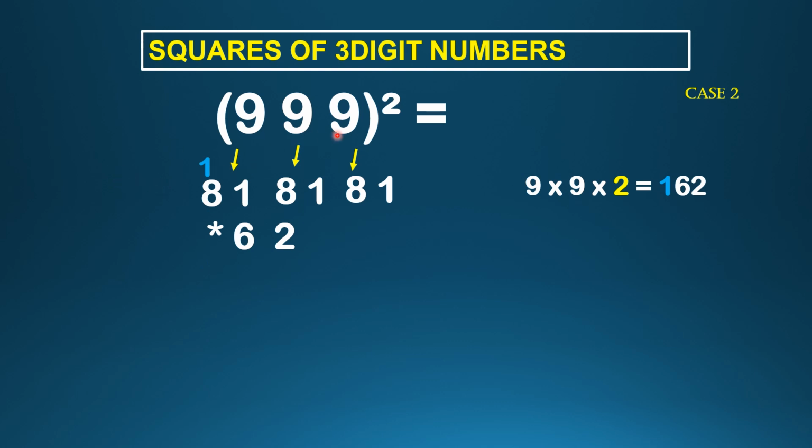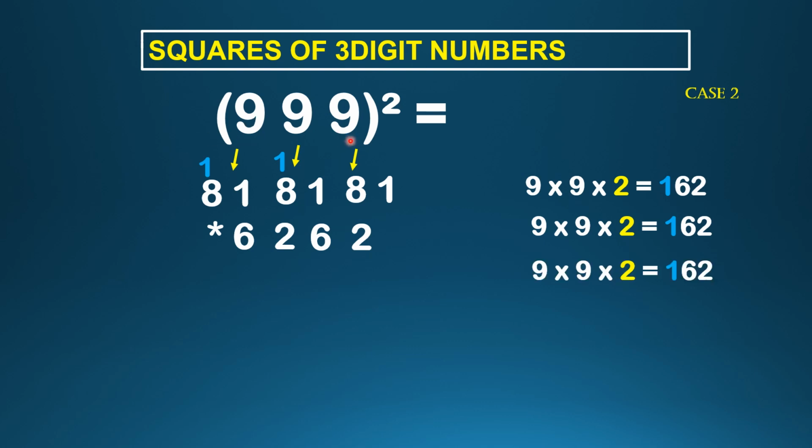Now next step, next two 9s. 9 into 9 into power 2, again it is 162. It's a 3-digit number, you can see. Now this one, we have to write it here 62. So what we are doing, just before 6, whatever the number, above that on the top, you take it as a carryover. Now last step, first 9 into last 9 into 2. Same 162. We should write it in the third row, leaving 2 digits. So before 6, on the top, you take it as a carryover 1. Whenever you are getting a 3-digit number, wherever you are writing the before number on the top, take it to be as a carryover. Now add it.